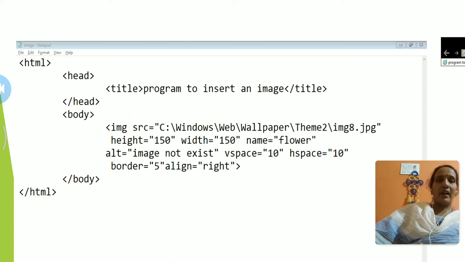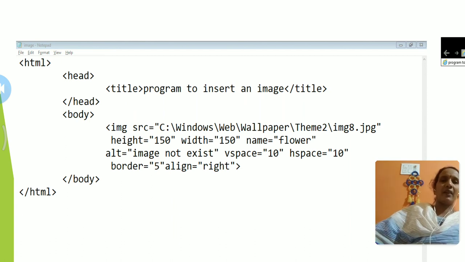And when the given image does not exist, for example image8.jpg is not there in the system, what message will be displayed to the user? Image not exist. That message you will get on the browser window. And hspace and vspace, two spaces I have given, means around the image I have reserved some space. How much? 10 pixels, because hspace equals 10 pixels and vspace equals 10 pixels, and border equals 5.